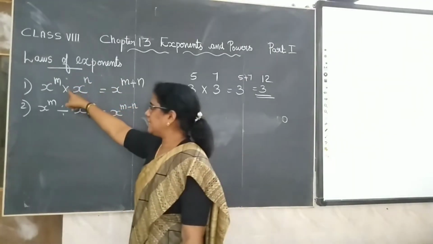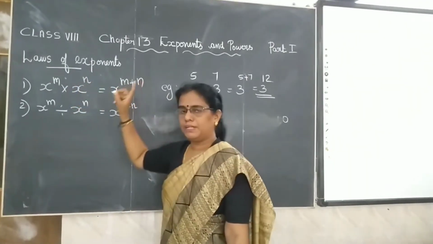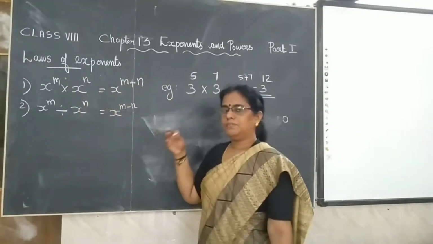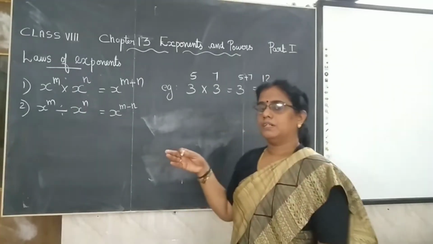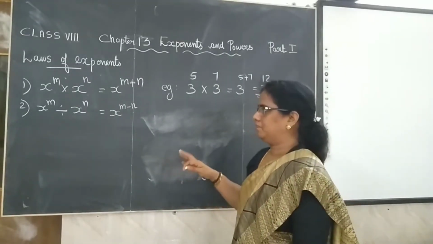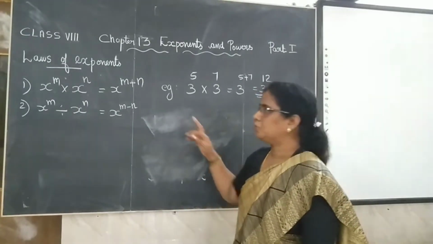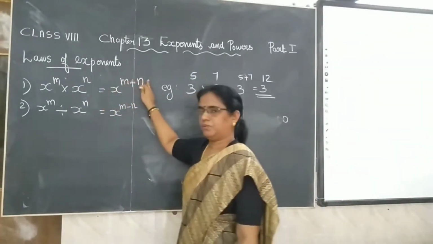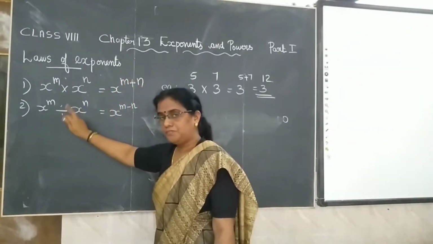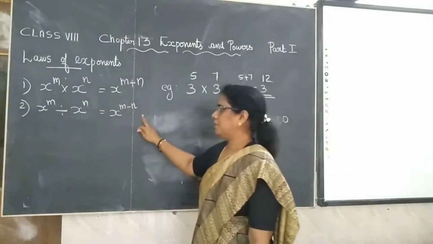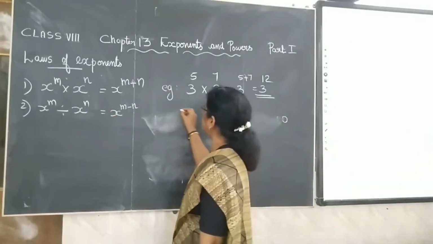For multiplication, add the powers if the base is same. And for division, subtract the powers if the base is same. So just remember this: for multiplication, add the powers; for division, subtract the powers. For example,